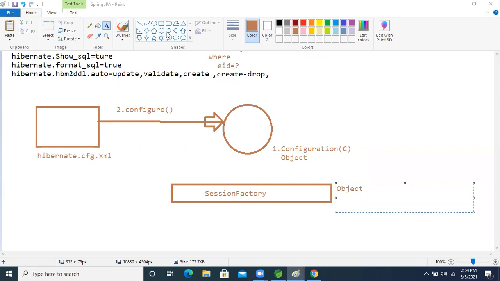So what we are doing now is this: in which database are you going to perform the operations? This is what the session factory is asking: please give me some input. In which database do I need to perform all the operations, such as update, delete and select? Where did you give that information? In the Hibernate configuration file, which is already loaded into the configuration object.